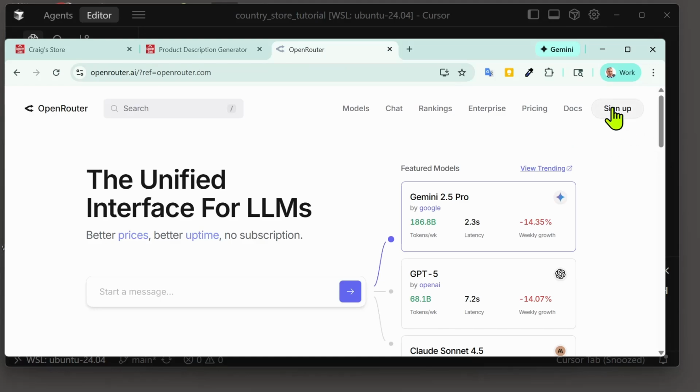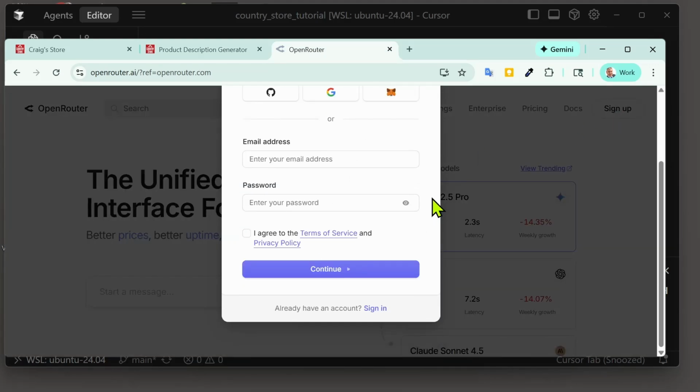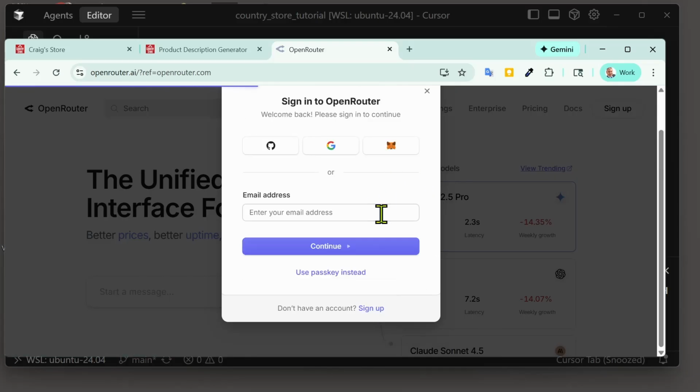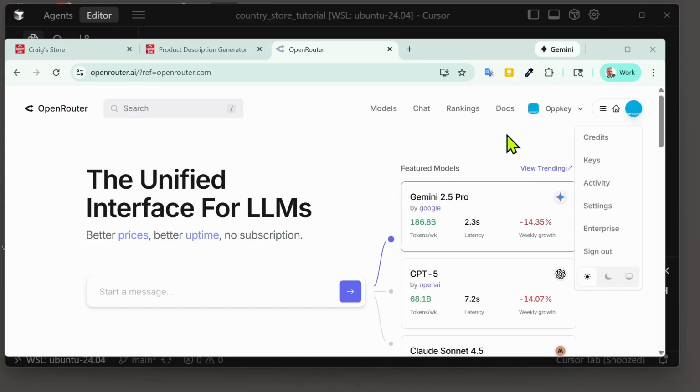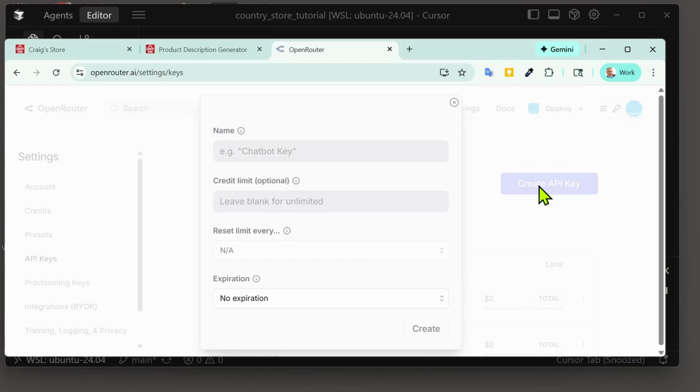We're going to use the OpenRouter API, and I've already signed up for it, so I'm going to log in. I'm now logged into the OpenRouter dashboard. I'm going to go to keys and create a new API key. I'll put maybe "delete me"